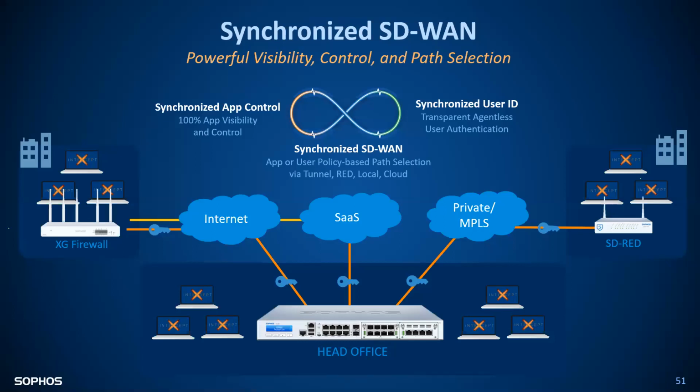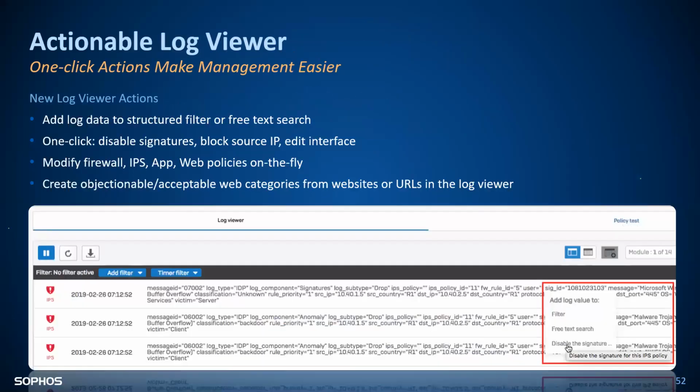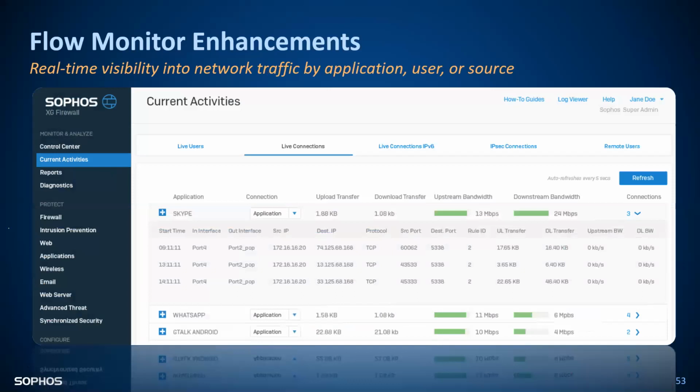Then you have got log viewers. This is color coded log viewers, and then you have got the flow monitor: how the applications are monitoring, how much data is there, upstream and downstream, everything is there. Every bit of information is there. A lot of things from a single pane of glass.